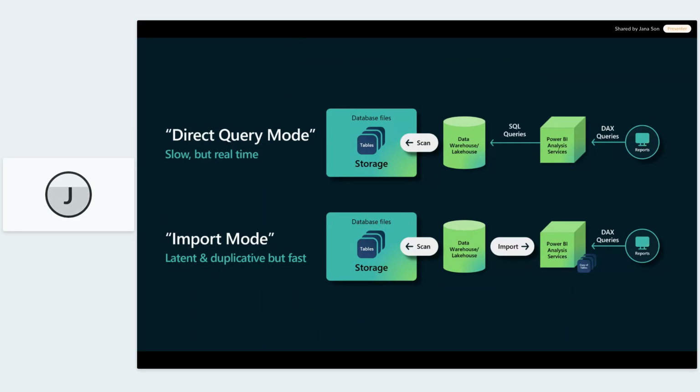And with import mode, what we have is that the process involves data movement, so physical data movement, copying data from the data warehouse to Power BI's in-memory storage engine. And through that, it becomes then fast for reporting. But again, there are certain limits with this mode of connectivity, especially when it comes to big models, because not only is memory the most expensive resource you can have, but also in the Power BI world, the data set size is capped depending on the license type.